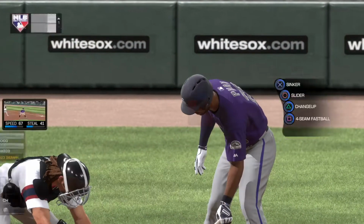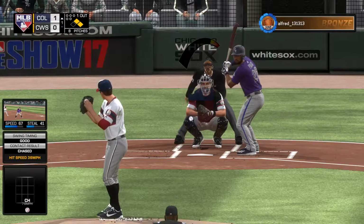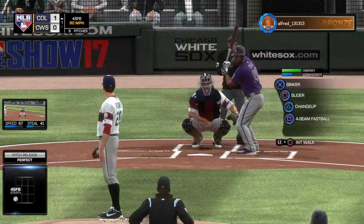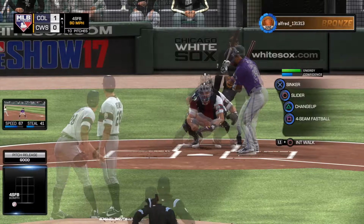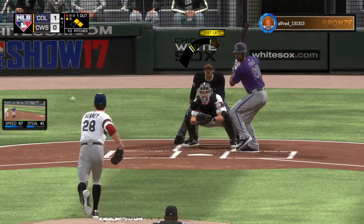Into the box now, Tommy Pham. He's ready for his first at-bat of this early season contest. And he takes a cold strike, 0-1. Matt, this is how you want to start a game. First inning, you already jump on them early. You get one run in, and now you have two other runners on base. You come up with a big hit here, you can really make a big dent right here in this game